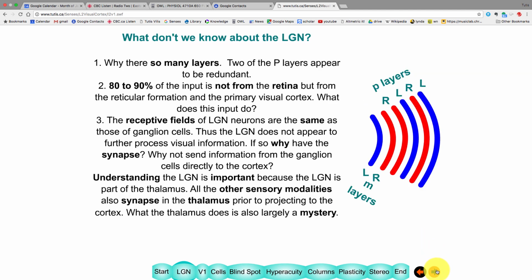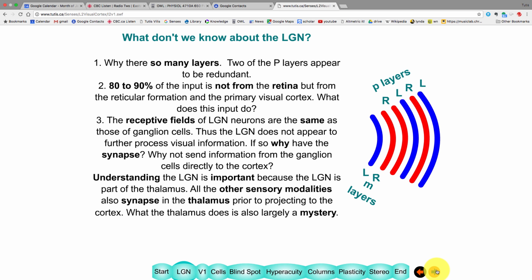Now, one of the puzzles about the lateral geniculate is that we really don't know what it's doing. And that's important because every sensory modality goes through the thalamus, and we really don't know what it's doing for any of the senses. First of all, with respect to the lateral geniculate nucleus, we don't know why there's so many layers. It seems some of them are redundant. The other part that's interesting is